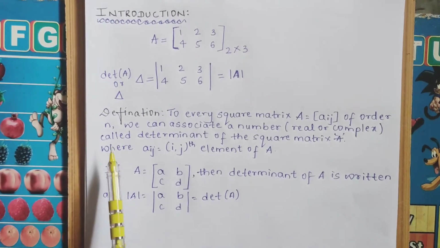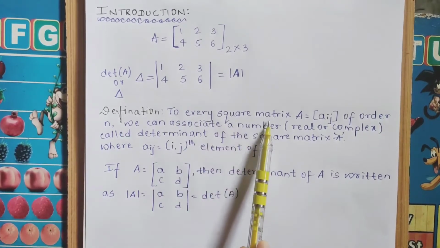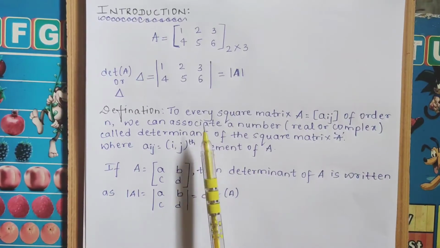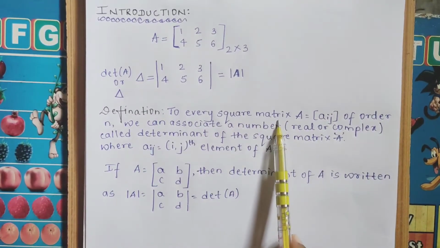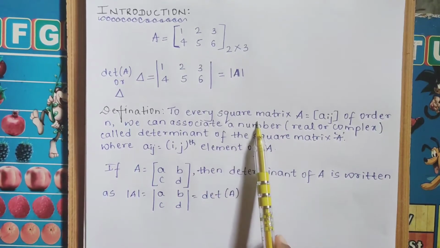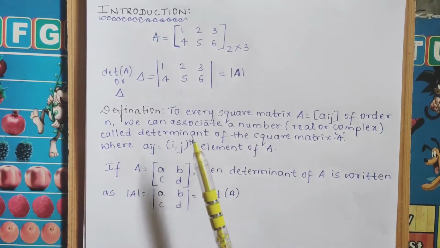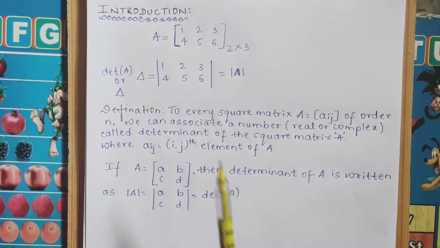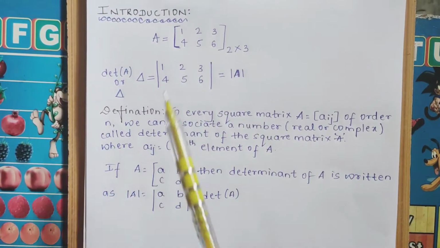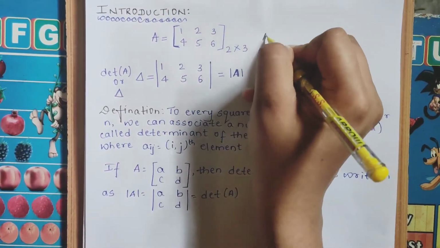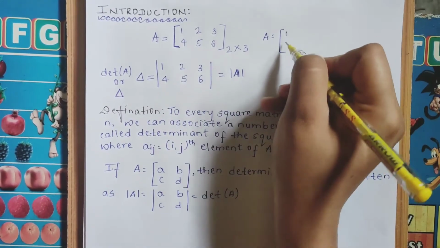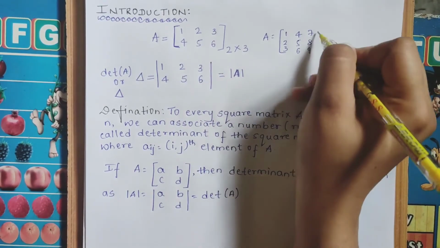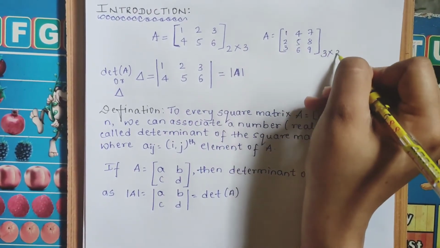So just in a definition way I've written here, to every square matrix. Here please concentrate, determinants are found only for a square matrix. Square matrix means it should be 2 cross 2, 3 cross 3, the same number of rows and the same number of columns. Now here see, this is opposite. If I take one more of the same number, now suppose 1 2 3 4 5 6 7 8 9, so this is of 3 cross 3.